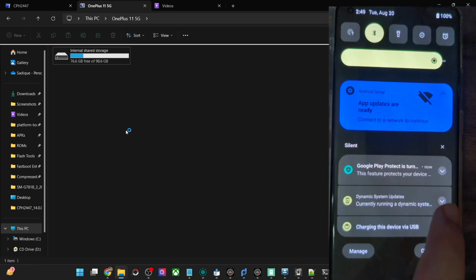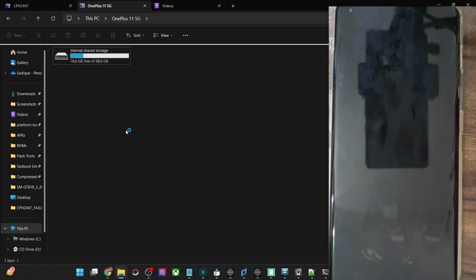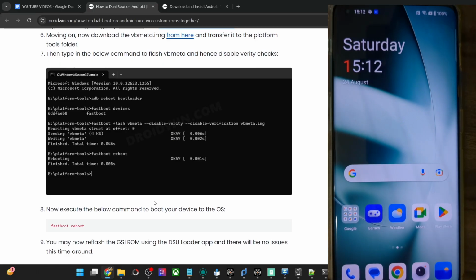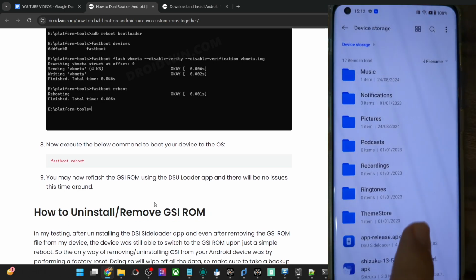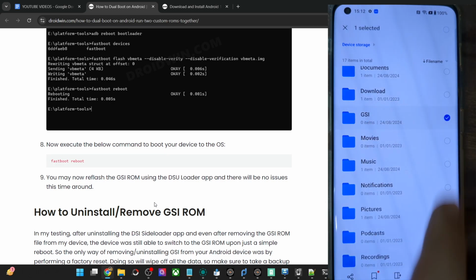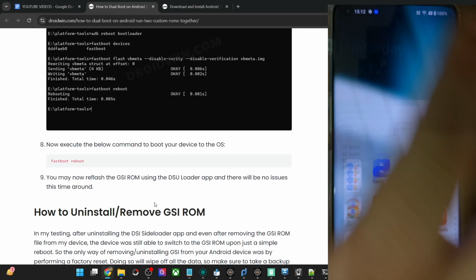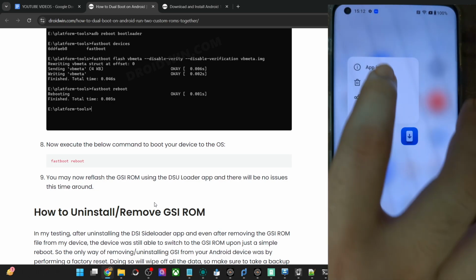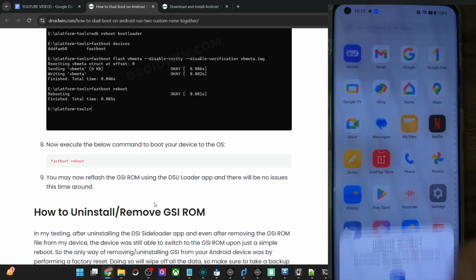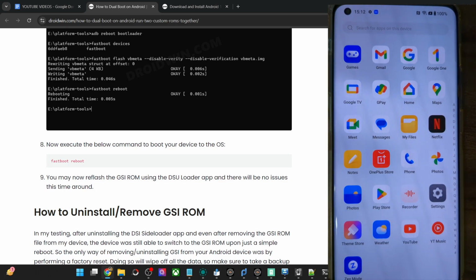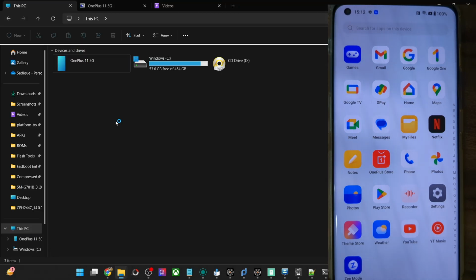For that, you will first and foremost have to restart your phone back to the stock OS. So guys, now if we talk about removing and uninstalling the GSI ROM, in that case, simply removing the entire GSI folder, for example, where we had the GSI ROM, so delete the folder, and even if you uninstall both the apps, which were the DSU Sideloader app, likewise the Shizuku app, even after carrying out all this task, I noticed that I did not get my storage back. So your only course of action is to do a format data, and only after doing a format data you will get the entire storage back. Otherwise, that 10 to 20 GB which you had given to the GSI ROM will stay there only.